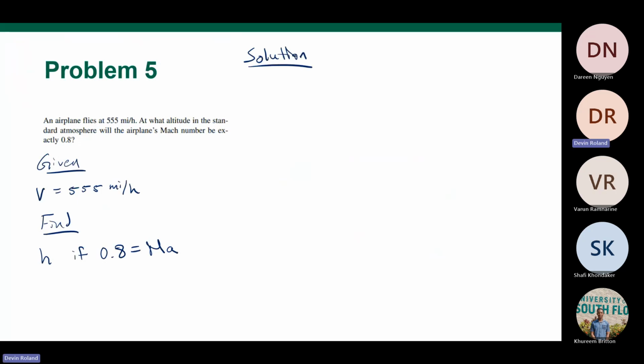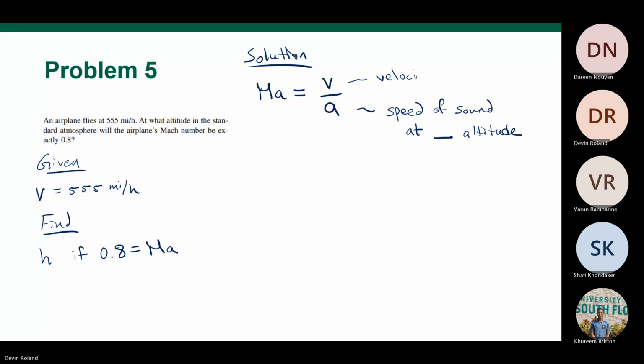So solution. All right, so we have two equations we're going to use. One is the Mach number equation, which to find Mach number, it is v over a, where a is the speed of sound at a given altitude. And v is the velocity. So if we want a 0.8 Mach number, and we know our velocity is 555 miles per hour, divide that by a. So if we solve for a, then we're going to get a is equal to